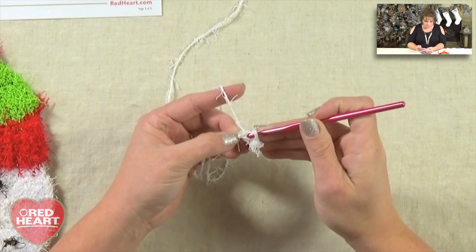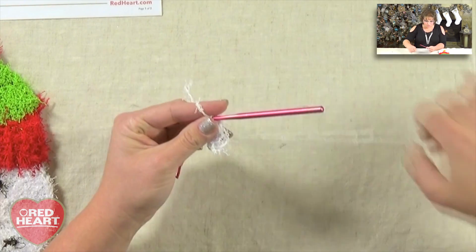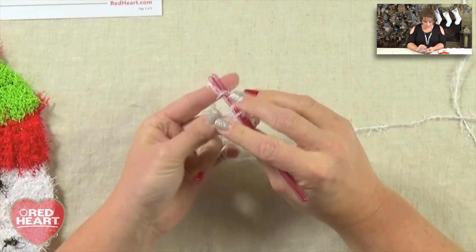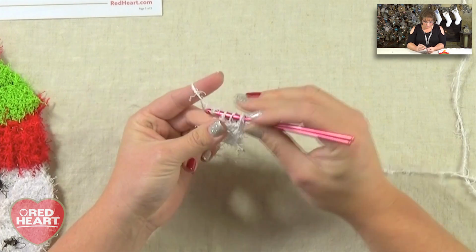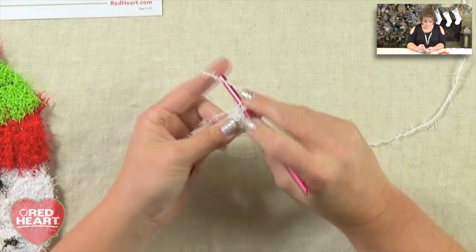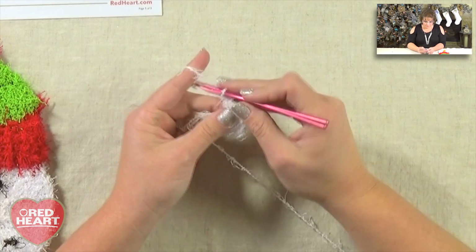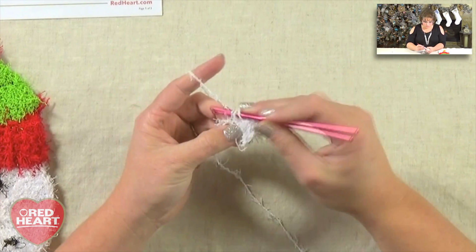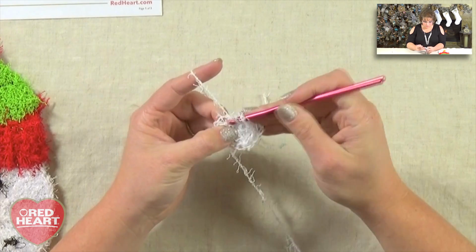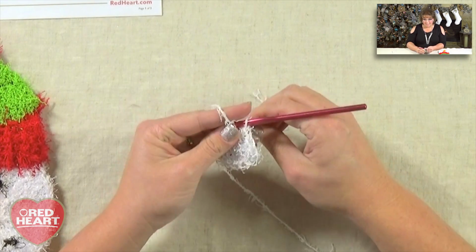So we're going to skip 3 chains, come down here to the very first one, and we're going to do 11 double crochets all into that one chain. So there's 2. Oh, tricky. 3, 4, 5, 6, 7, 8, 9, 10, 11. Now I am not going really slow on my double crochets because this is an intermediate pattern, and I'm